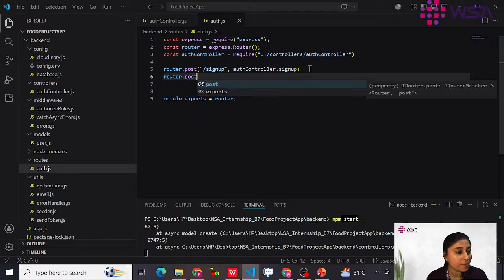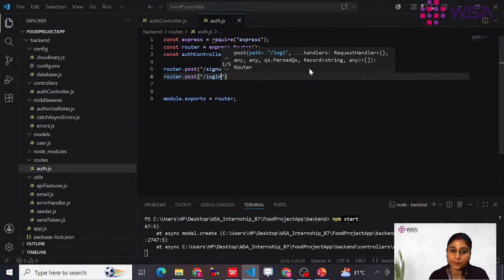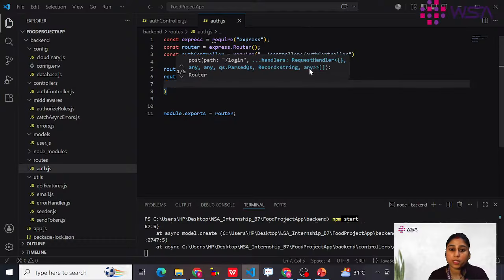Here also the post method. Why will we use the post method, guys? Because in login also you are sending the data. The server will check whether the email ID and password are matching or not. Here also you are sending data, right? So post, slash login, comma, this above auth controller